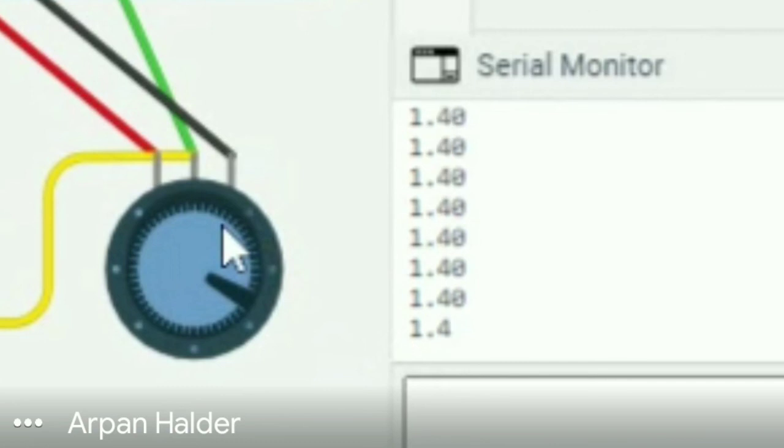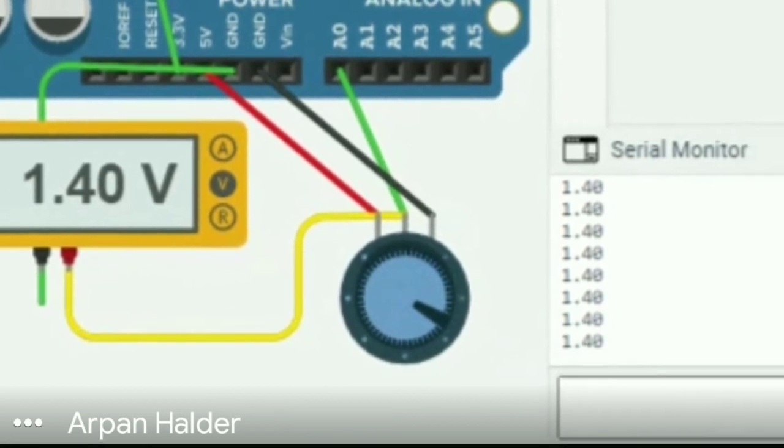You can see here we are getting the real voltage: in both the multimeter and our serial monitor it is 1.4.